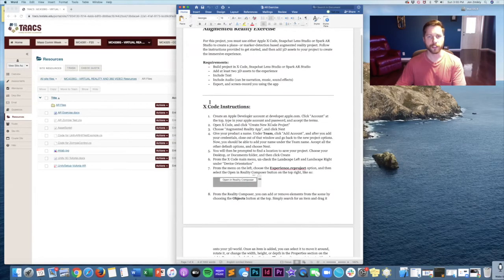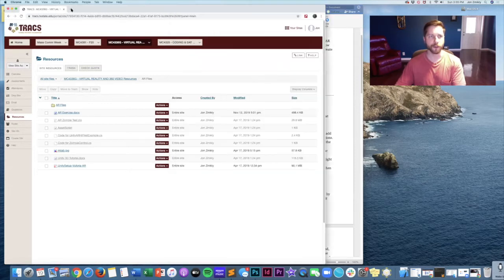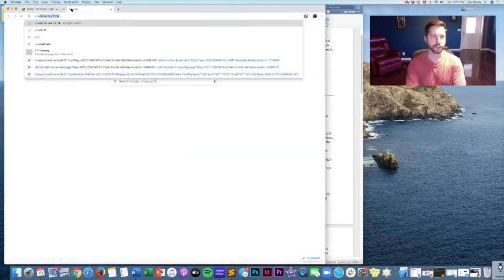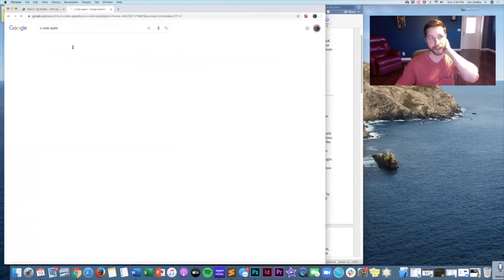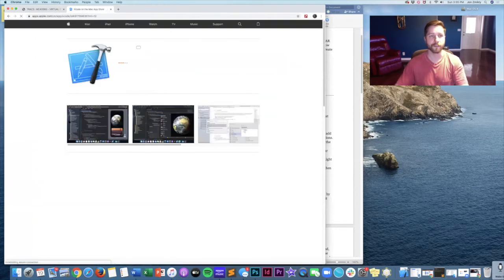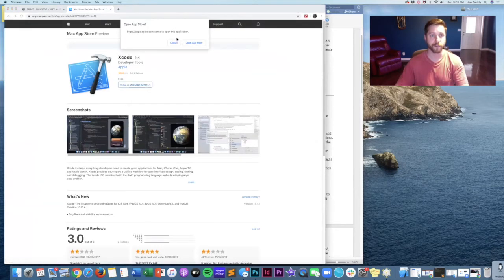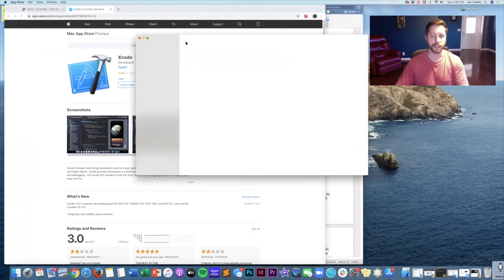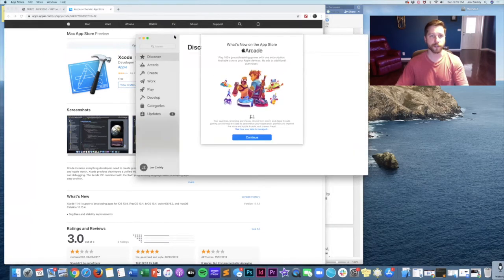So the first thing you'll need to do is install this program called Xcode. Xcode is a free program put on by Apple. I'll just type Xcode Apple in Google, and you can go there on the App Store and download it. It does take forever to download. It's a very heavy program, and also it is going to require you to make sure that you have